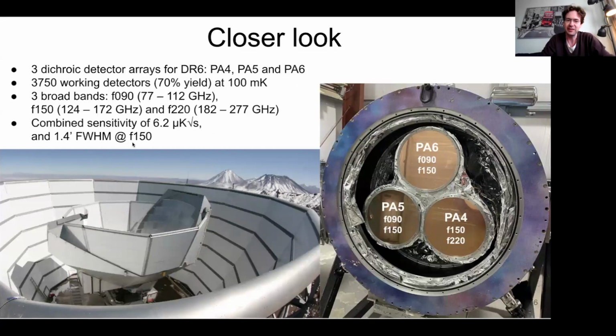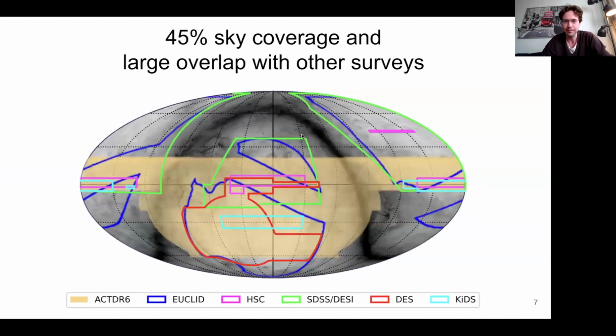And our beam size in the F150 band, the middle of these bands, is around 1.4 arc minutes full width half maximum. So for DR6, we went for a quite large sky area. So you can see this here in yellow. So we cover around 45% of the sky, and we have a large overlap with other surveys, some of which